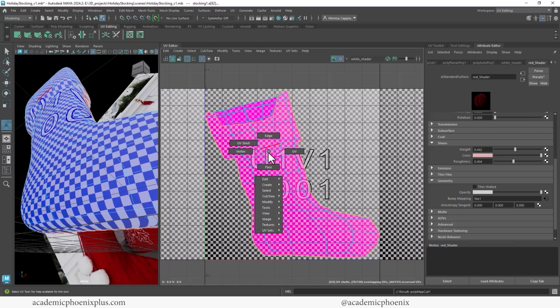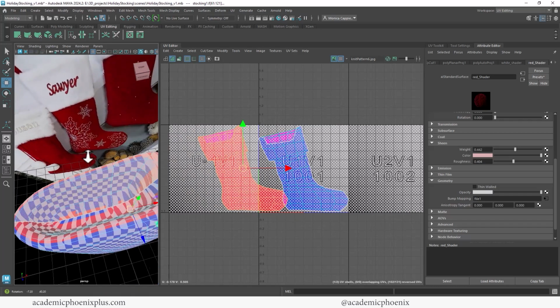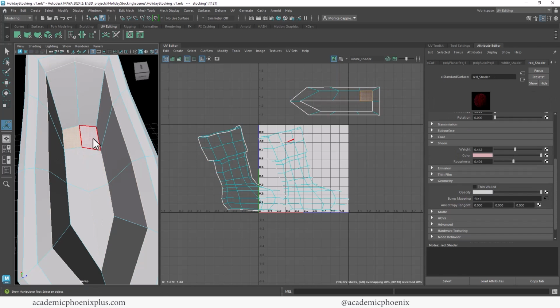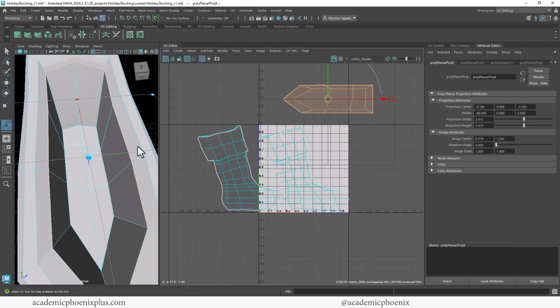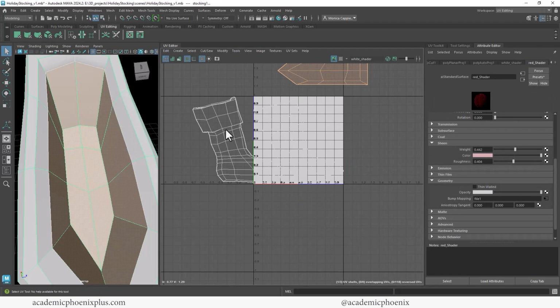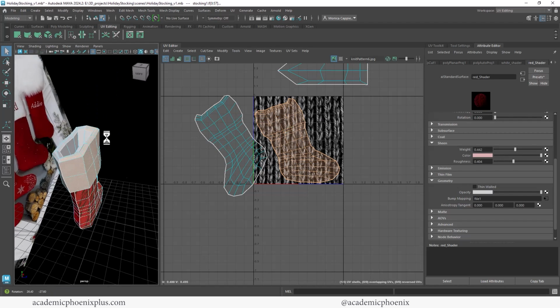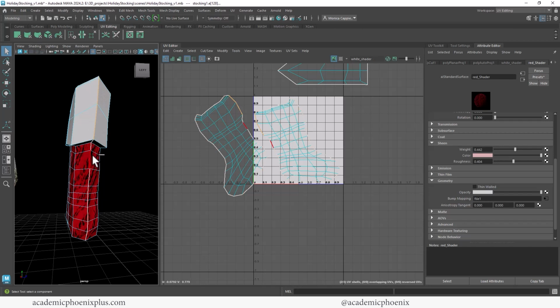Shift right click, cut, go to faces, move this over. The inside probably also needs to be cut, so let me turn off this checker. Okay, try that again. UVs, planar mapping from above. Okay, that's better. All right, then we are going to go to faces and unfold. So unfold, unfold, double click, unfold, unfold, and then we just need to sew the edges. So let's sew the back. It's probably going to be a little bit easier to sew. So shift right click, stitch together,